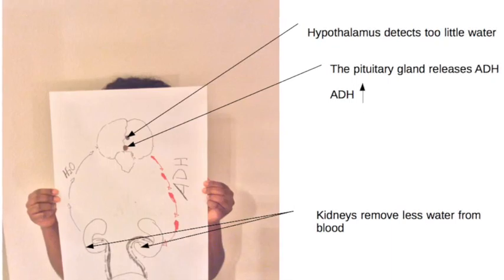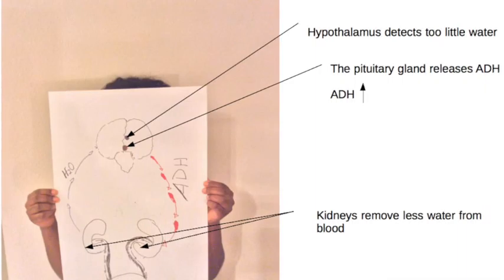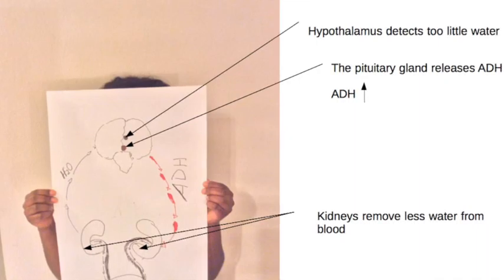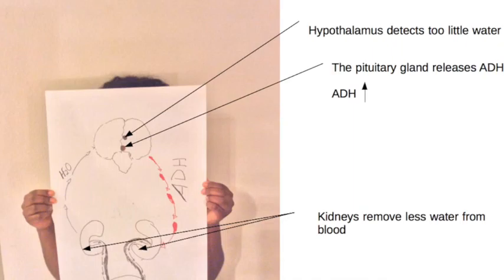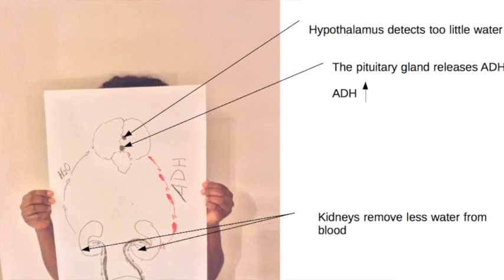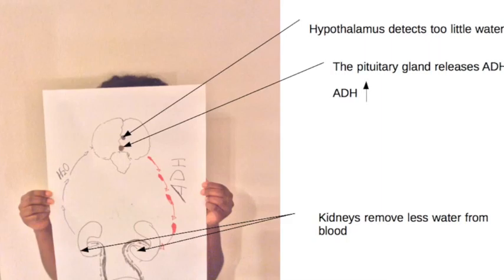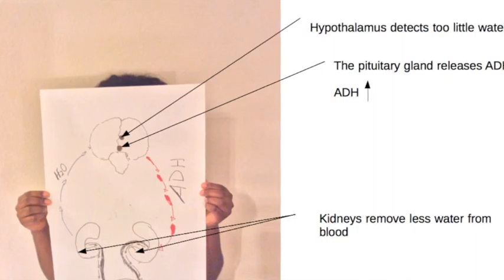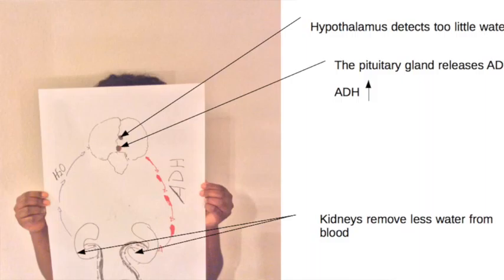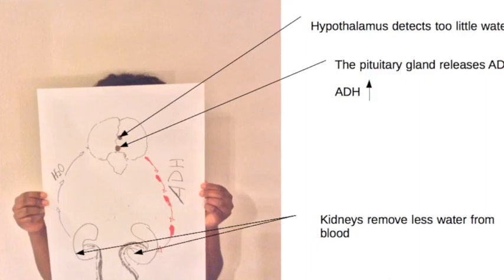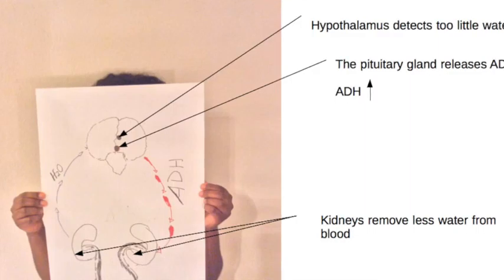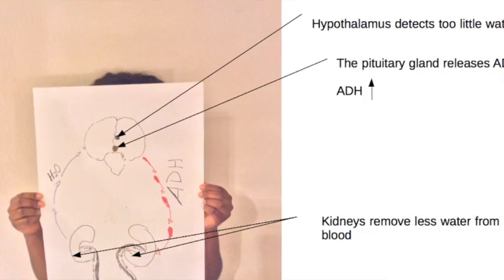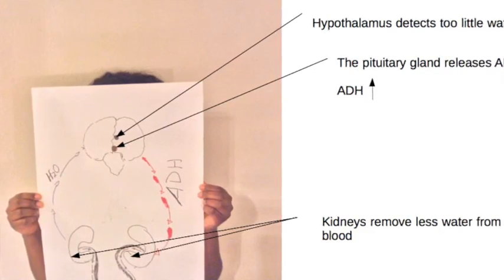Let's imagine you haven't been drinking anything, or you have been sweating. It's so warm and you have been sweating a lot. So the part of the brain called the hypothalamus will detect that there is not enough water in your blood, so it will send a message, like "too little water," to the pituitary gland, which will release the ADH. Then the ADH will travel to the kidney,